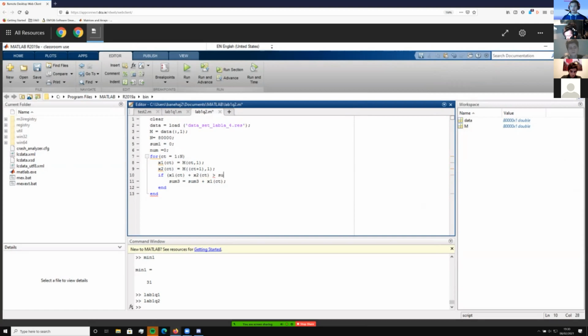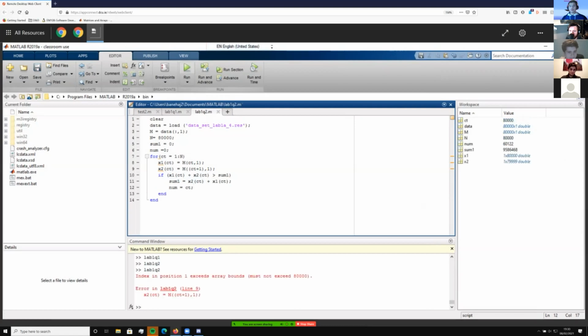Sum1 is equal to x2 plus x1, and num is equal to ct. I sincerely doubt this will work, but we can try. I cannot wait for this to crash on me as soon as I try and run it. Oh, yep, there it is.